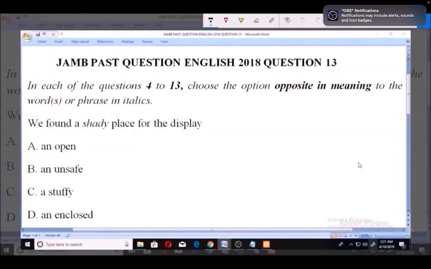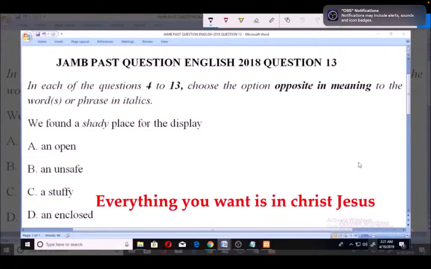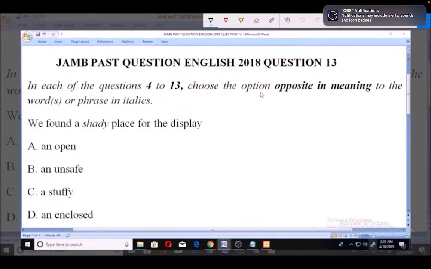Welcome. Let's look at this JAMB past question number 13. JAMB 2018 English question number 13. In each of the questions 4 to 13, choose the option opposite in meaning to the word or words or